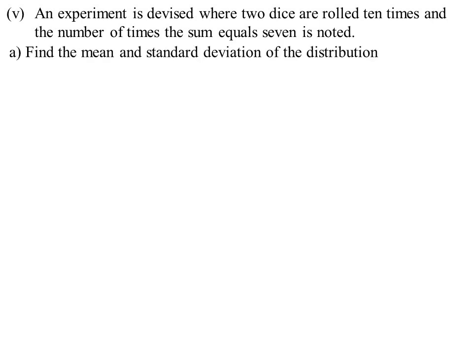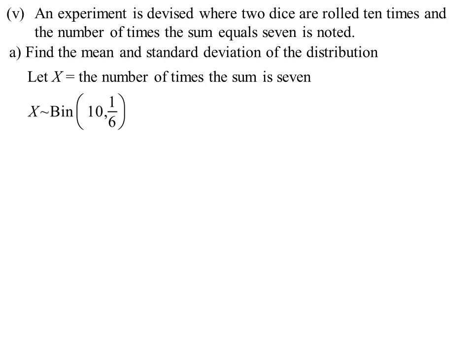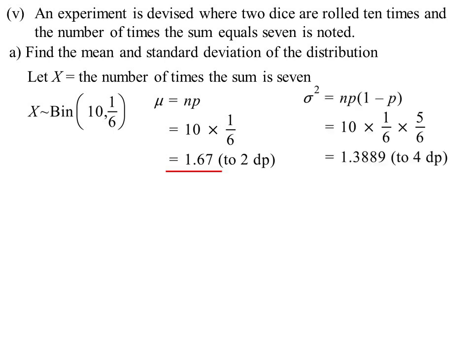We have an experiment. 2 dice are rolled 10 times. The number of times the sum equals 7, which of course is the most common outcome when you're rolling 2 dice, is noted. Find the mean and the standard deviation of our distribution. I'm interested in looking at the number of times the sum is 7. So that's going to be my random variable. X is the number of times the sum is 7. Well, I know it's binomially distributed. We're doing it 10 times. Probability of success, well, the probability of the sum being 7 is 1 in 6. Average NP, we get 1.67, and variance, NPQ, but we want standard deviation, so we'll find the square root of that,